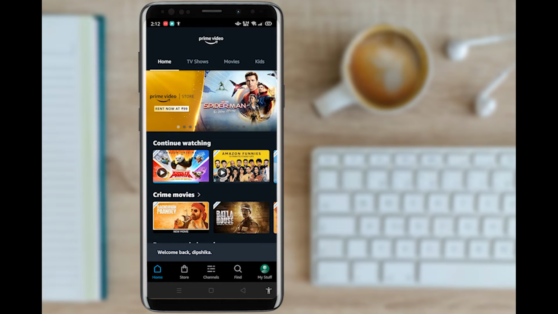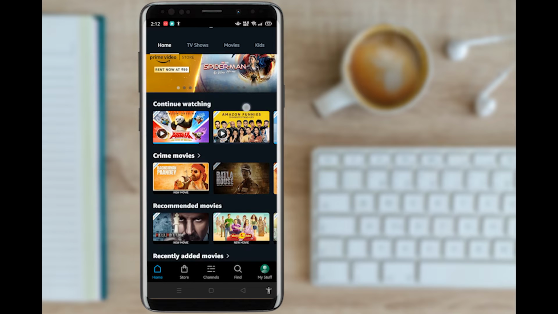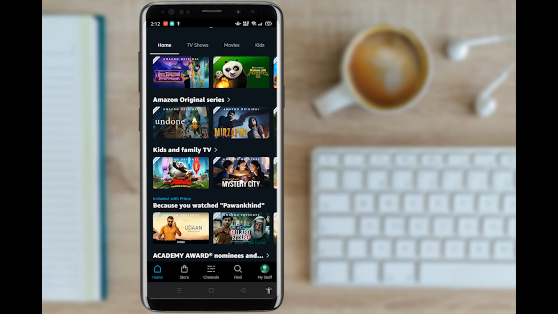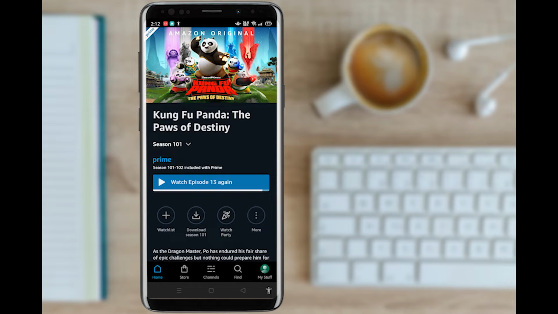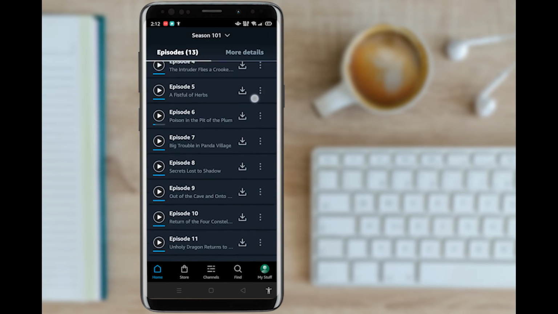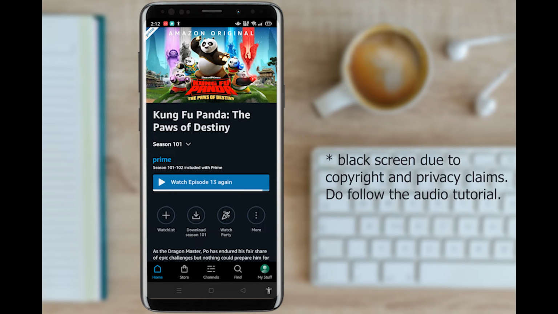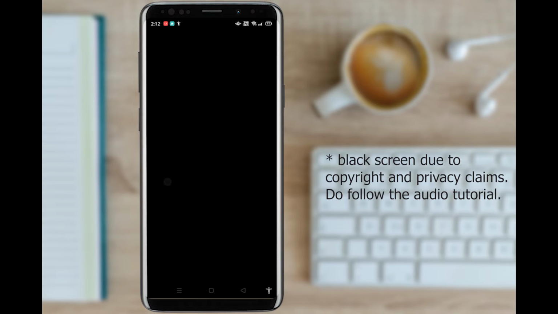You can just select any movies, series, cartoons, whatever you wish to watch. So I'm just gonna choose Kung Fu Panda: The Paws of Destiny for this one. So see, once we have this, then we come to the home screen of the movie, of the series. So once you just click it in, once the video starts, once you get to this side of the page, what you can see